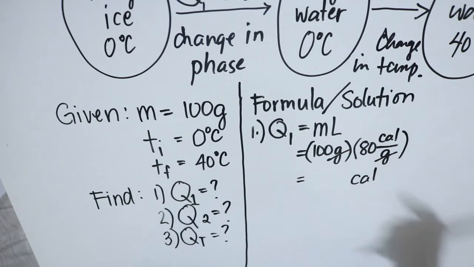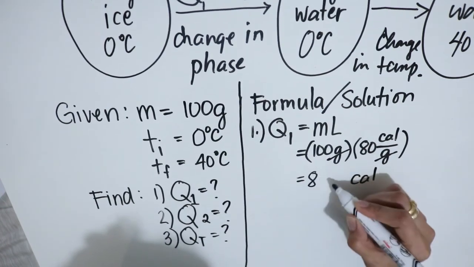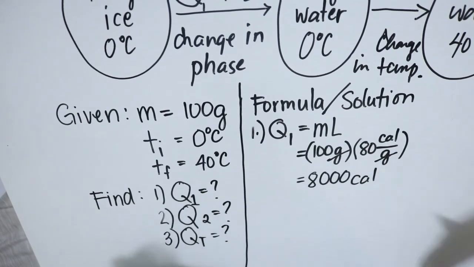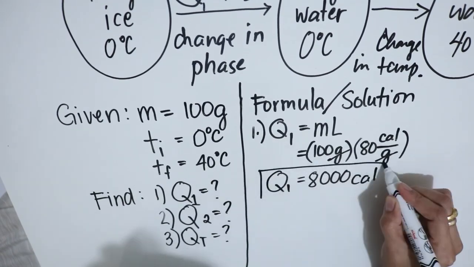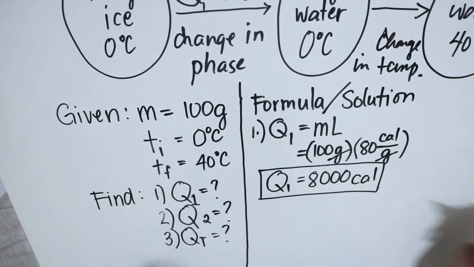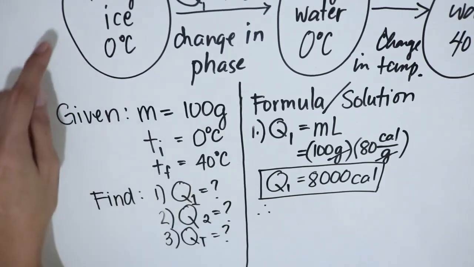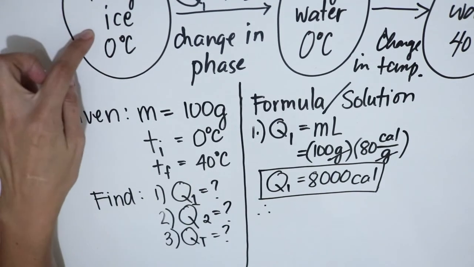So, 100 times 80 is how many? 100 times 80. 8,000. So, you have 8,000 calories. That means that Q1 is equivalent to 8,000 calories. What you mean by 8,000 calories is that to be able to convert ice